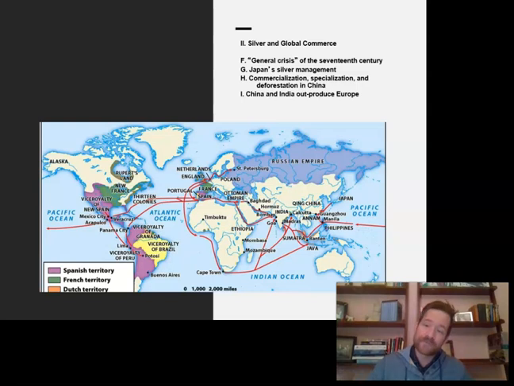Remember, I said that 85% of the world's silver came from the Spanish Empire. A lot of the rest of the silver was generated from the islands of Japan. Couple that with the idea that the Japanese population took measures to lower the birth rate. These moves really averted an ecological crisis and fostered a flourishing commercialized economy. And it laid the groundwork for what would come in the 19th century with their modernization efforts that brought them into the modern globalized society, where previously, because of their closure to trade with foreign nations, they hadn't been.